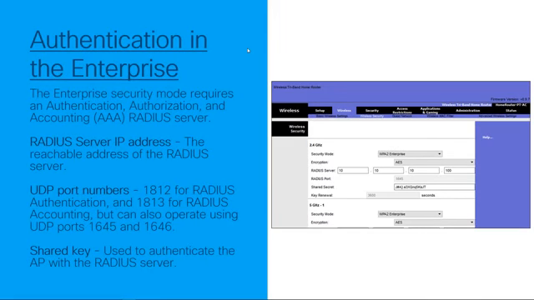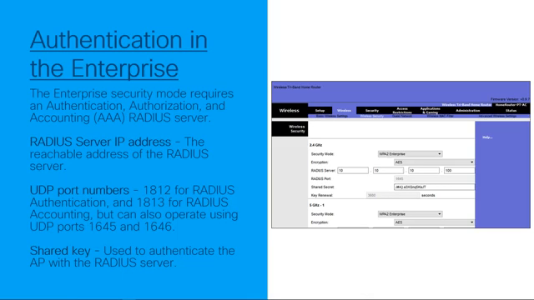So how crazy can it get? Well, deploying a Radius setup is not too crazy. It's just getting some of the basics down. When you do authentication in the enterprise and you have a Radius server, we have to make sure that our wireless access point or wireless router can reach the Radius server. And that means our wireless access point or wireless router has to know the IP address of the Radius server. Also, because Radius is running on the server itself, our wireless access point or router has to be able to target the port numbers that the service is reachable on that Radius server. The common port numbers are 1812 for Radius authentication and 1813 for Radius accounting, but these can also operate using